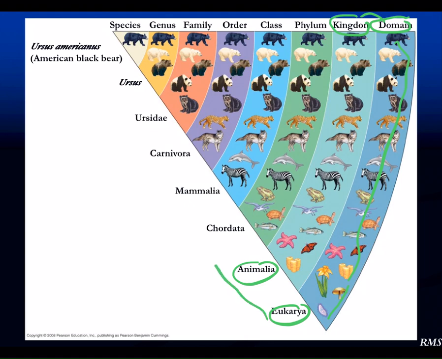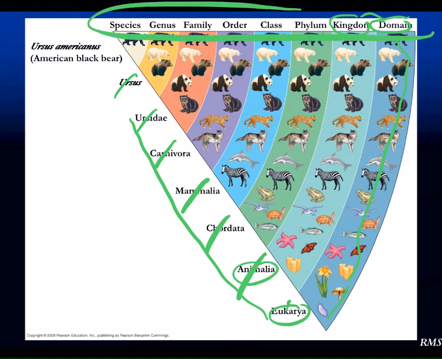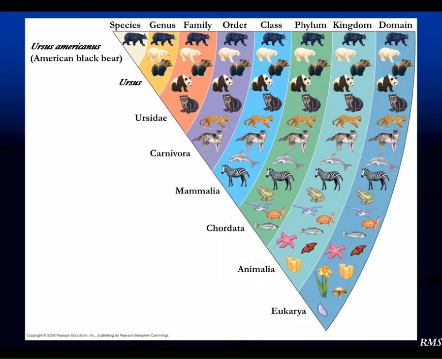Now, you don't have to know these terms here. This is just an example. You will have to know these terms up here. That's what you're trying to pick up on and learn here. So when you take the kingdom, that kingdom can then further be broken down into the phyla. So in this case, the phylum is Chordata. So the chordates are animals that have a notochord and pharyngeal gill slits and all sorts of things we'll talk about in the future. Phyla are broken up into classes, and the class here is Mammalia, which includes the mammals.